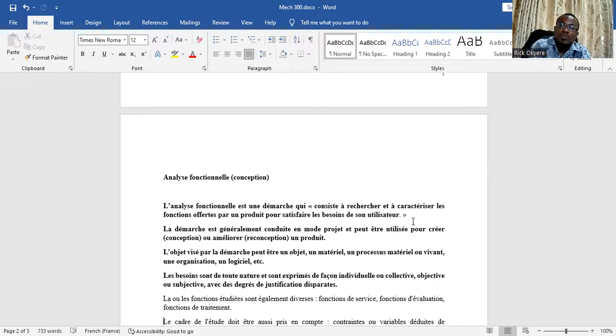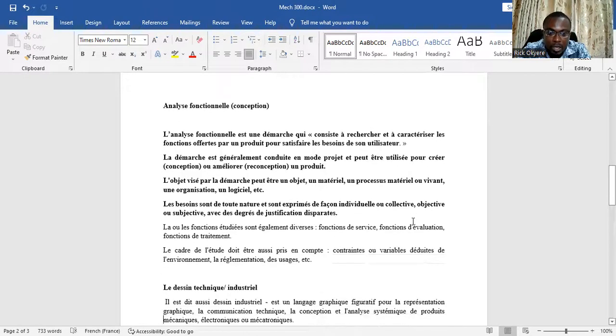So l'analyse fonctionnelle usually helps to modify the end product or to enhance the end product to ensure that the end user gets the maximum benefit from the product. Okay. L'objet visé